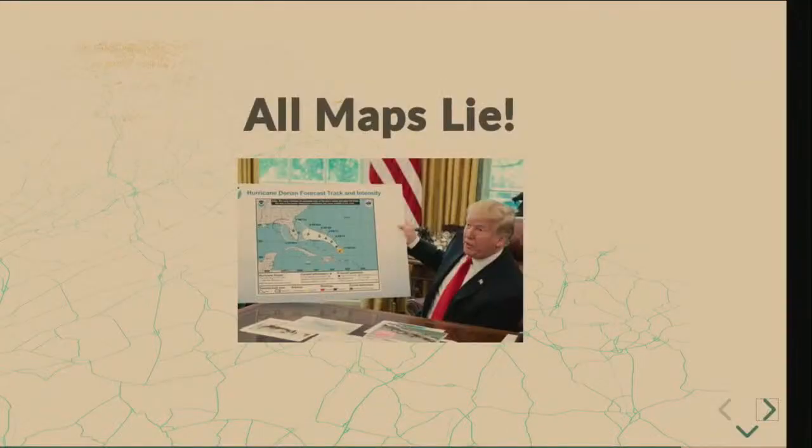I don't know if you heard the story about Trump. He added an extra line to this map because he was convinced the hurricane prediction was going to hit this state, but then the scientists didn't put that on the map, so he just added it to the map. And it's a weird black thingy. But even he lies with maps. So a map is really powerful, and you can visualize a lot of data in a quick way, but it can be inaccurate and misleading.